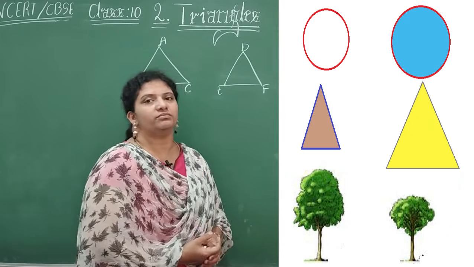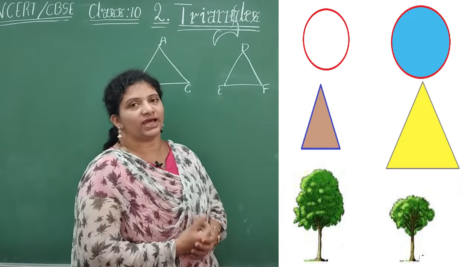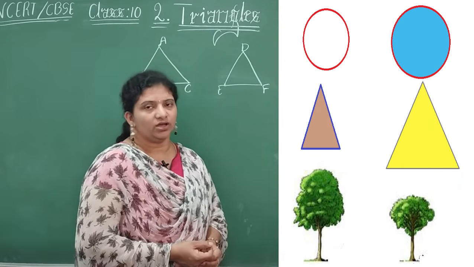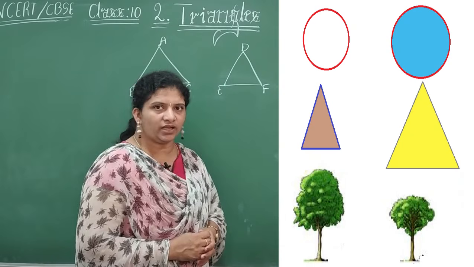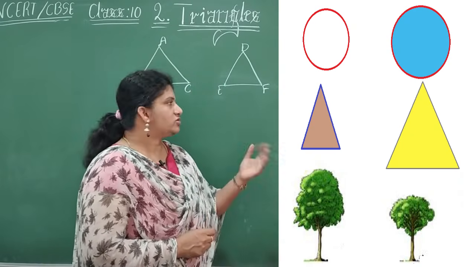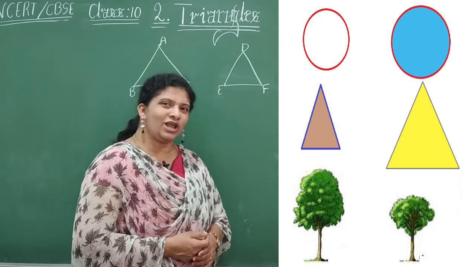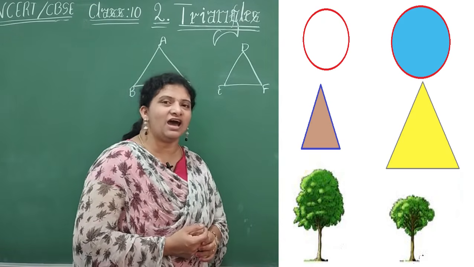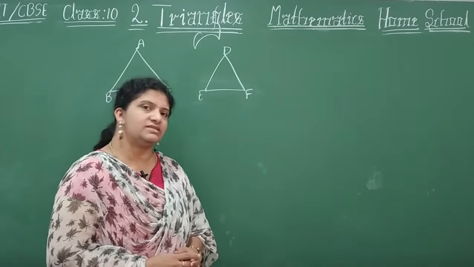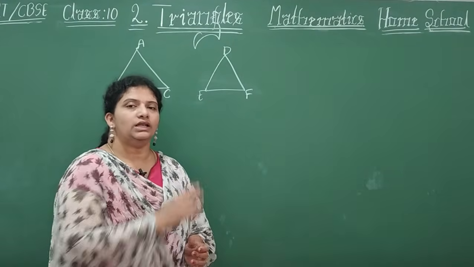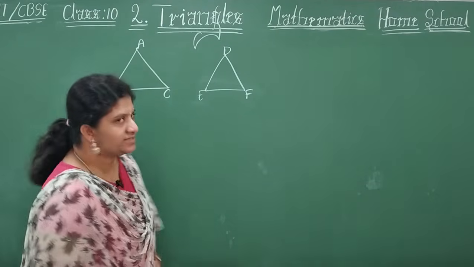We have some rules. We have to follow those rules and see whether the two triangles are similar or not. Looking at the shape it is similar, but are they congruent? No, we don't know. Now, all equilateral triangles, if I ask, yes, all equilateral triangles are congruent and they are similar. So now in this session, we are going to learn corresponding angles and what are corresponding sides.